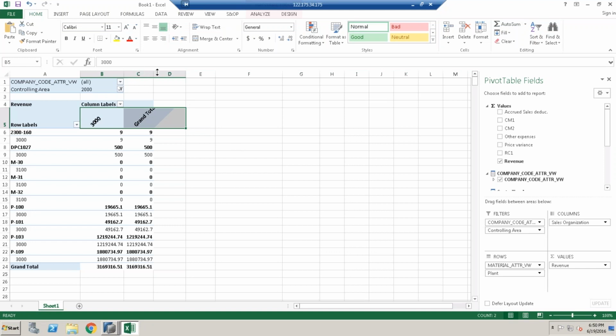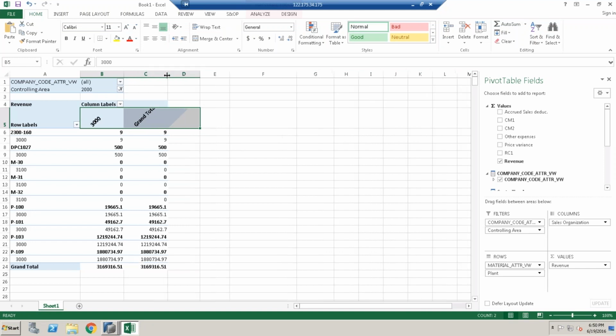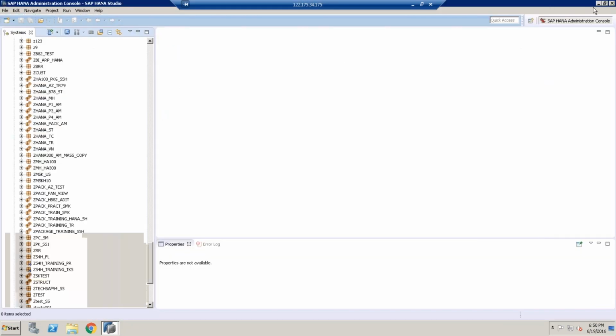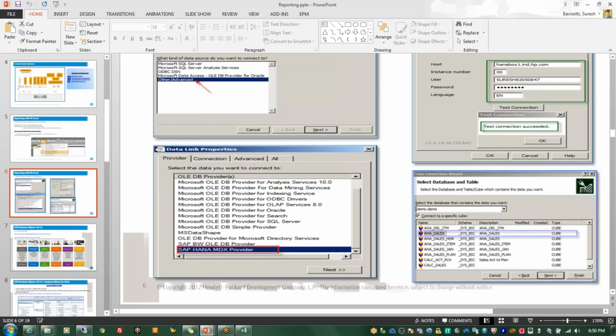Like this, we can bring our HANA data into the Excel sheets and do our analysis on local systems. Okay, this is the one option we have covered. And now,